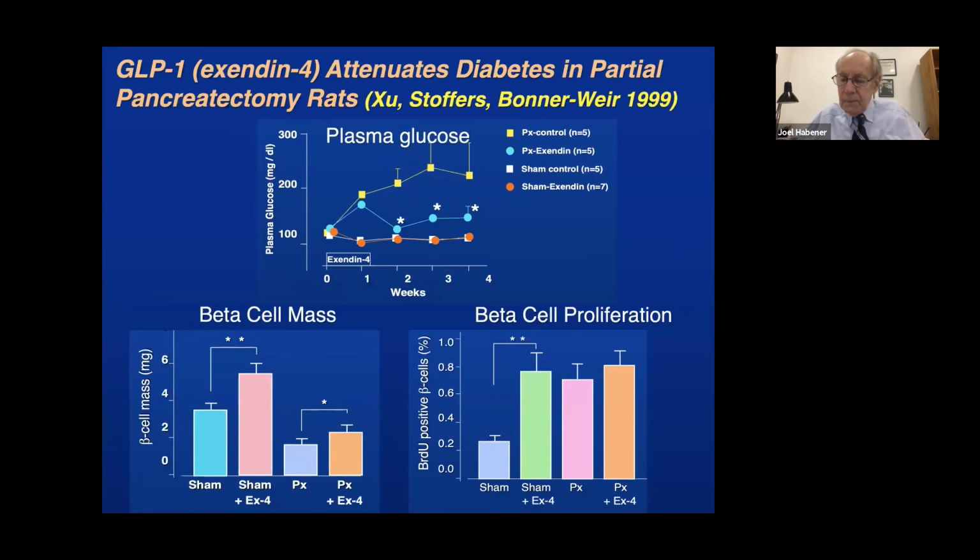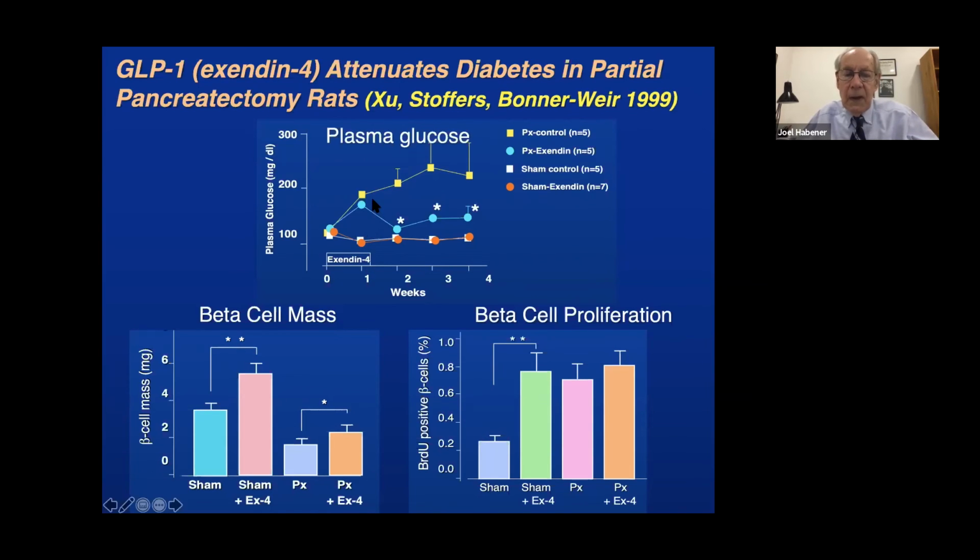First, the partial pancreatectomy model could show, using a GLP-1 receptor agonist hormone, that it attenuates diabetes in the partial pancreatectomy rats. And first, the plasma glucose is shown after a 10-day administration of the exendin 4 analog of GLP-1